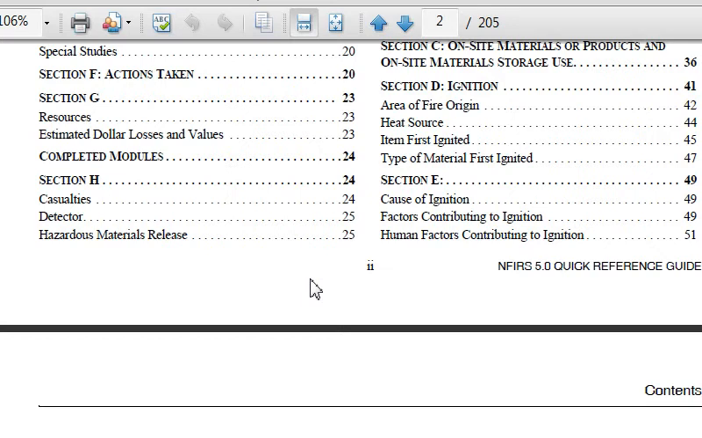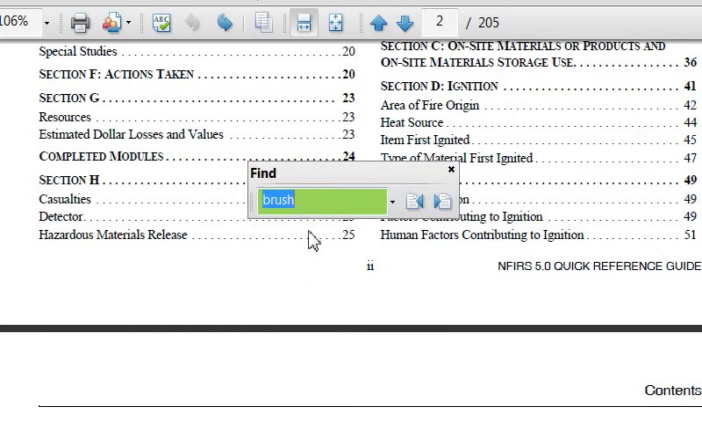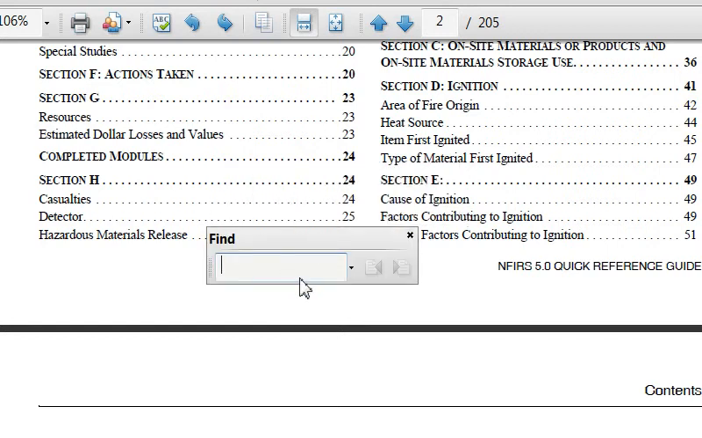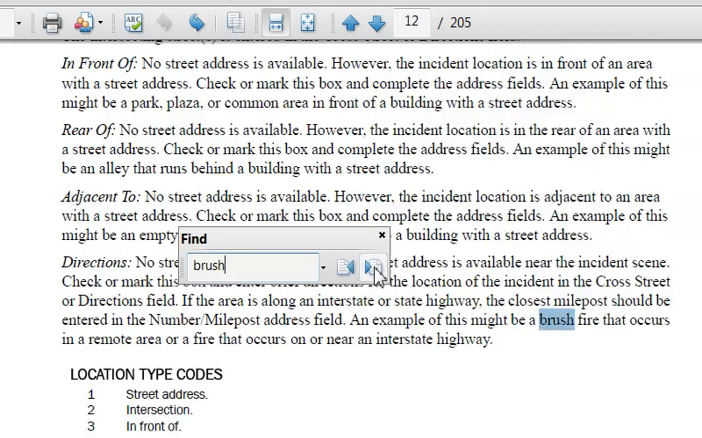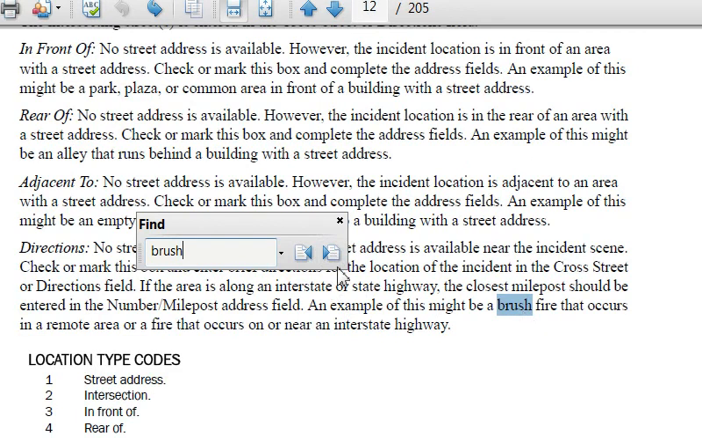hit Control F, it brings up a Find menu here, and anything you type in here, it's going to look for the text throughout it. So the example here, if we wanted to know about what incident code to use for a brush fire or a forest fire and the difference between that and a grass fire, we can type this into it and click the next here, and it's going to go ahead and search the document